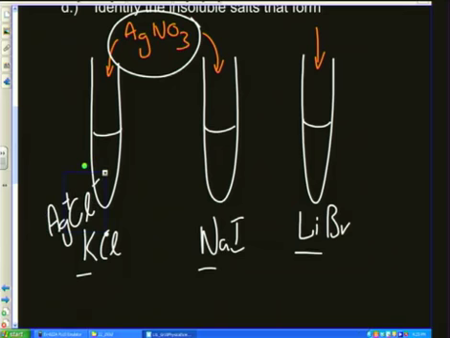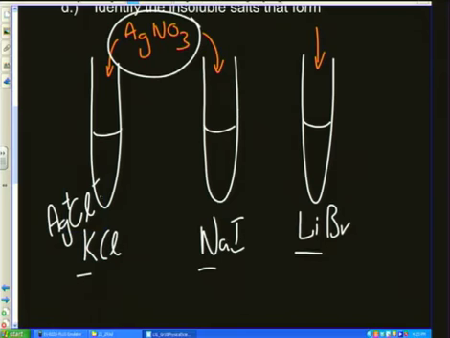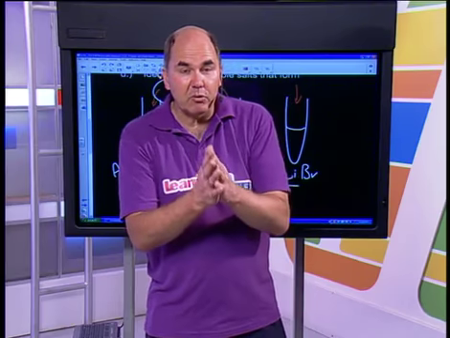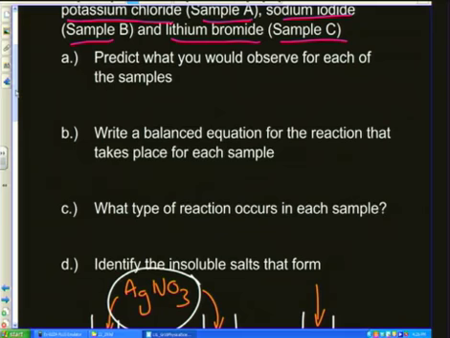We're going to make some silver chloride. And silver chloride is a white precipitate. So at the bottom of the beaker over here, we're going to make a whole lot of milky stuff, and the solution is going to go white. Okay, that's what we're going to see if we add silver nitrate to potassium chloride. We were asked to predict what else would happen. Predict what you observe for each of the other samples. Now, if you have your notes in front of you,